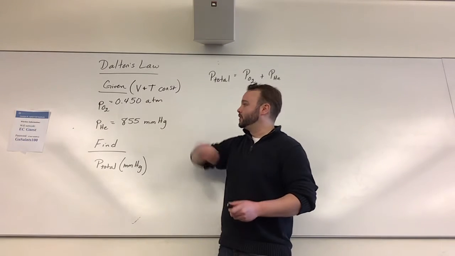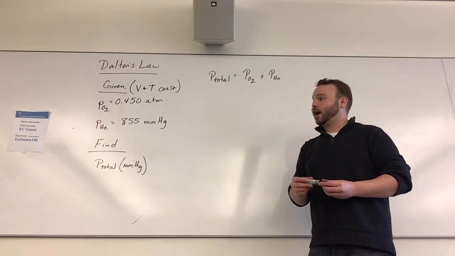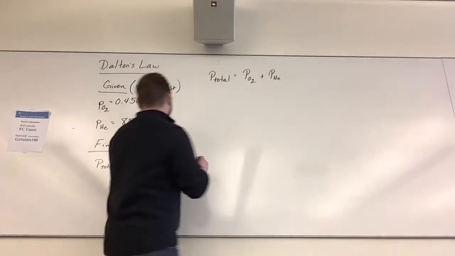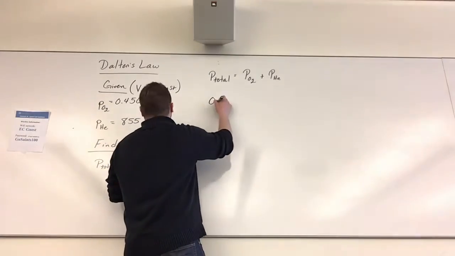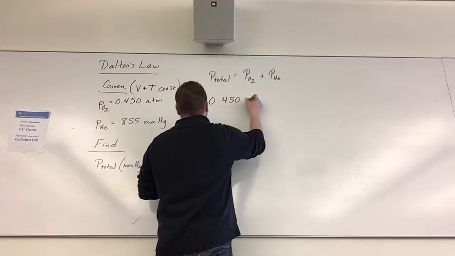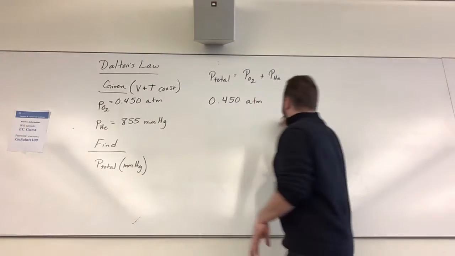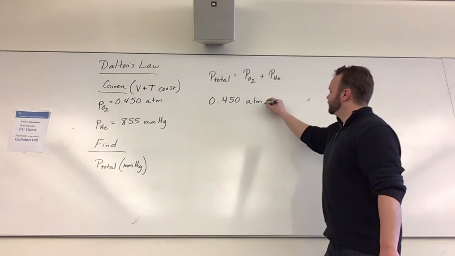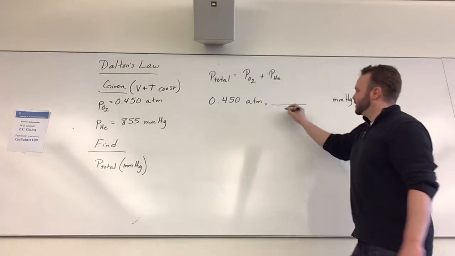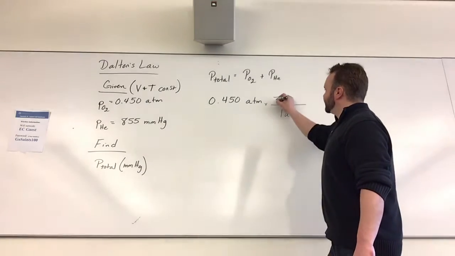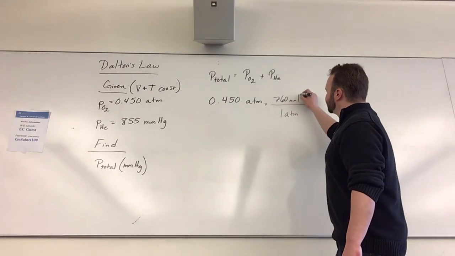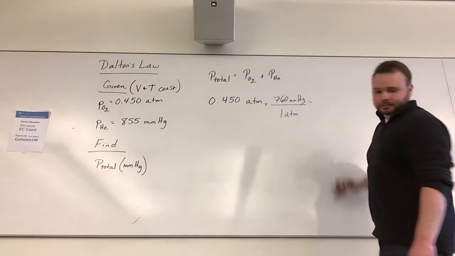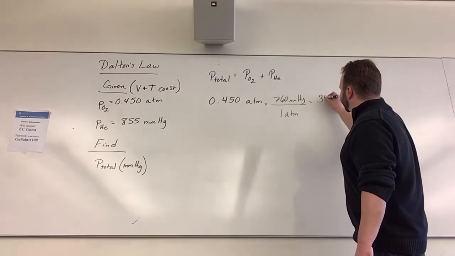Our first step is going to be converting oxygen in the units of atmosphere to units of millimeters of mercury. So let's do that first. We'll start with what we're given. So we know it's 0.450 ATM. I'm going to need a conversion factor to get me to millimeters of mercury. That conversion factor is going to be 1 atmosphere is equal to 760 millimeters of mercury. If I do that math out, what I'll end up with is 342,